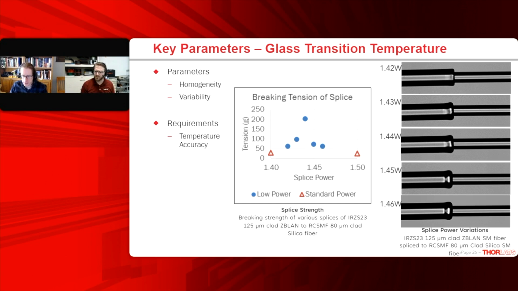So for FBGs, there are a few different methods, but mostly they're using UV light to modify the index of the fiber. There's some differences on exactly how you focus that light in, point by point, plane by plane, things like that,